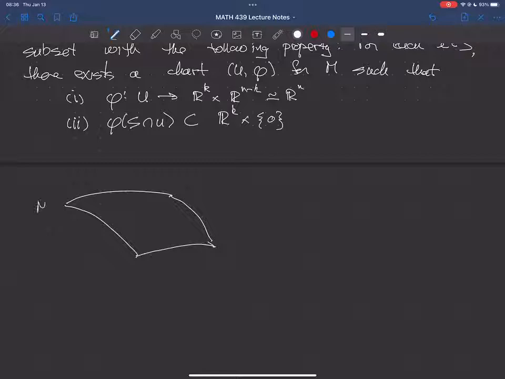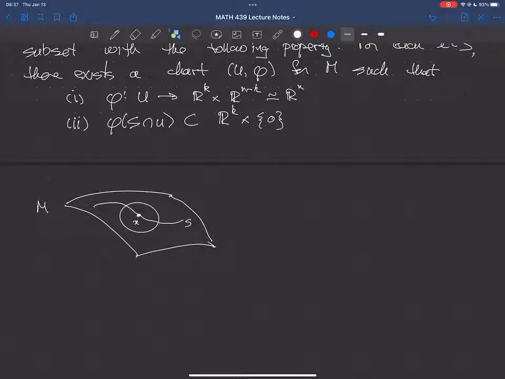Okay, so this is our manifold M, and a submanifold. In this picture we intuitively imagine a manifold to be this kind of surface, and a submanifold is some nice looking thing like this. The definition says that if you take any point X in our supposed submanifold S, so for any X in S, you take a chart,